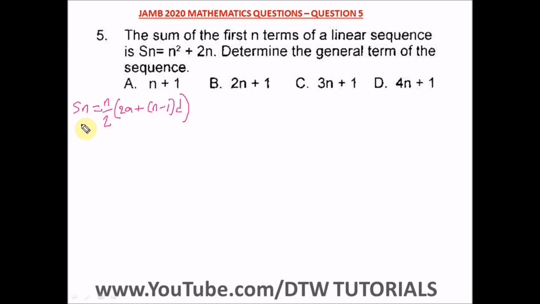But from the question, we are given that Sn is equals to n squared plus 2n. So we equate that to this. So we have n squared plus 2n is equals n over 2 bracket 2a plus bracket open n minus 1 bracket close, d bracket close. So let us solve for the right hand side first, but we can bring down the left hand side. N squared plus 2n equals, so we want to open the bracket, so this 2 we cancel this 2, leaving us with